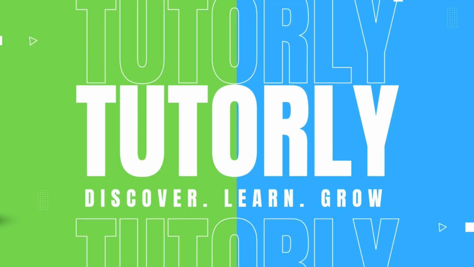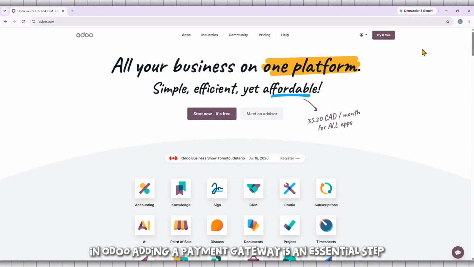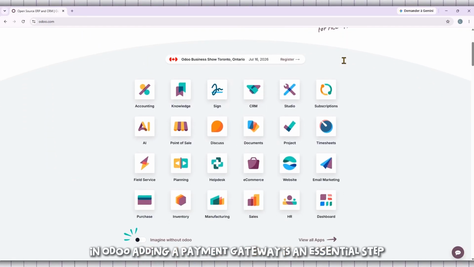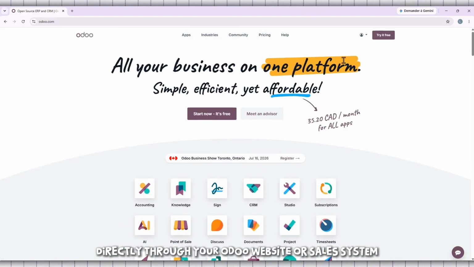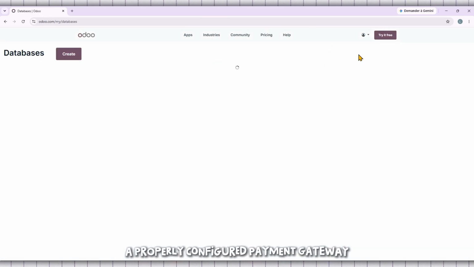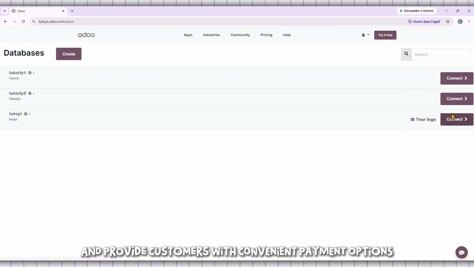So in today's video, I'm going to show you exactly how to add a payment gateway in Odoo. Adding a payment gateway is an essential step if you want your customers to make online payments directly through your Odoo website or sales system. A properly configured payment gateway allows you to accept payments more easily, improve the checkout experience, and provide customers with